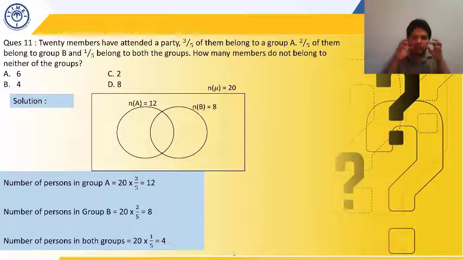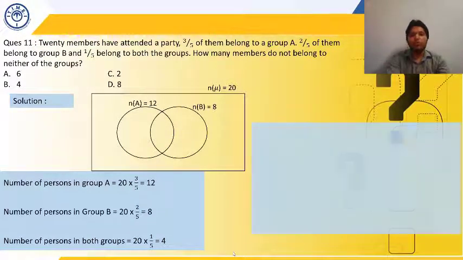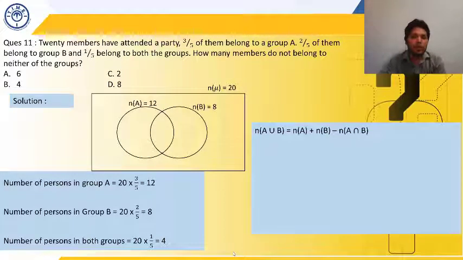Either we can just visualize this from the Venn diagram, or we can solve this question using the formula. So there is no need to solve this by a Venn diagram. We can solve it using a formula also. What is the formula? We know n(A union B) is n(A) plus n(B) minus n(A intersection B). What does n(A union B) represent? This is either A or B. What is n(A)? Only A, and n(B) only B. And what is n(A intersection B)? It is going to be both A and B.